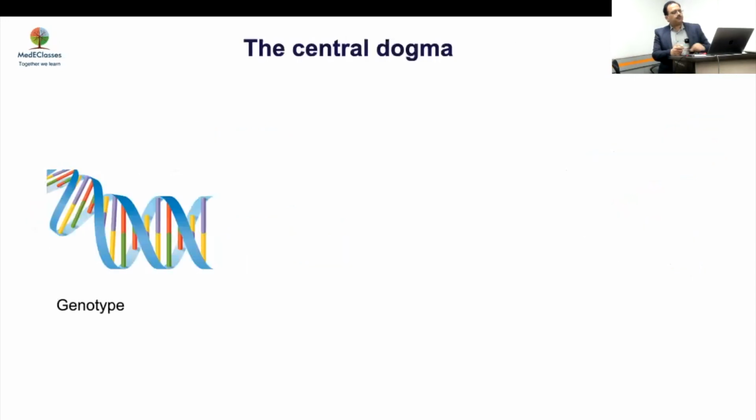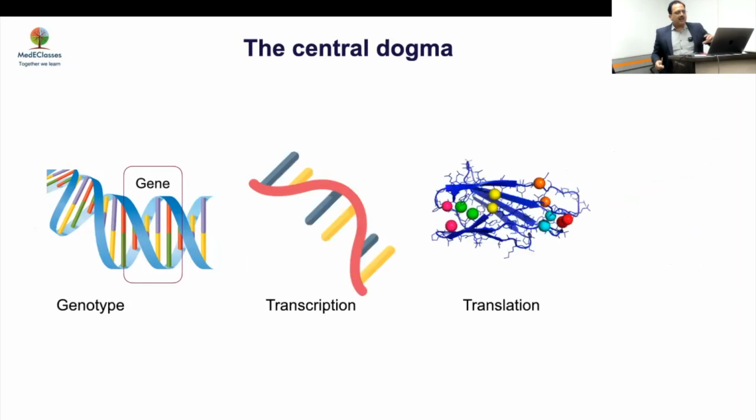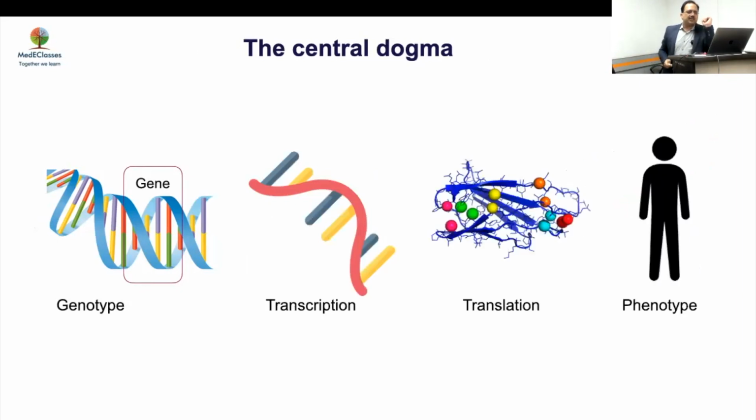So we all know that the central dogma is that you have the DNA, which is the genotype, which has a section of those base pairs which act like a gene, which produces RNA. From RNA, you have proteins, and those proteins cause the typical phenotype to develop. So this is the typical dogma, and we all know about this from very early in terms of training. What we now know is that this is not very simple. There are multiple other factors which affect different steps in that regard.